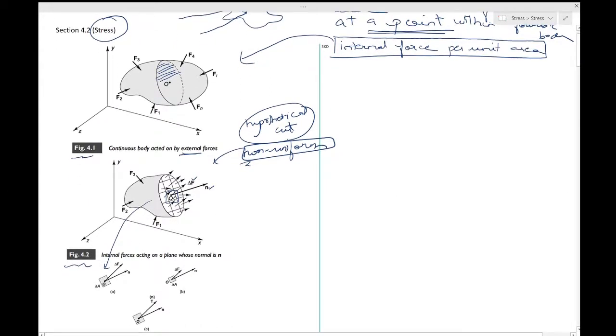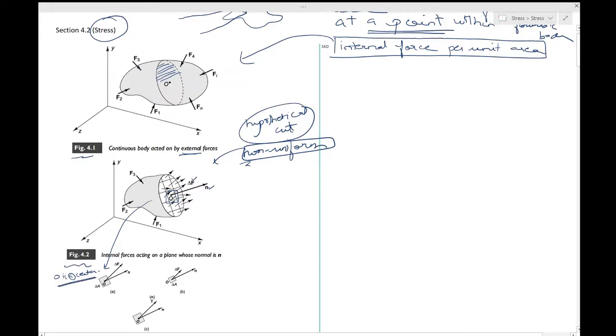Okay, so this is what you have. You have taken out this one area which has a normal n. The force acting on this is delta F, which is a vector, that's why it's in bold, and the area of this small part is delta A, whose normal vector is n, centered on the point O. So O is at the center. That is something which you should know. O is at the center